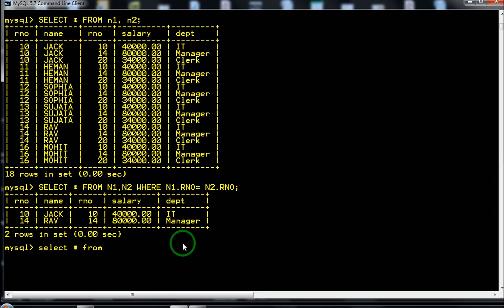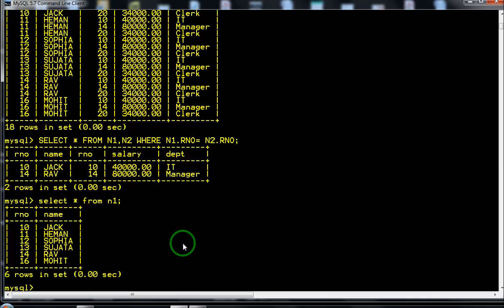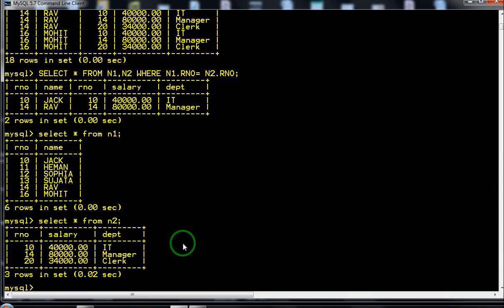Select star from n1, the first table, select star from n2, this was our second table. Now this was our equijoin. Now let's create a non-equijoin. In non-equijoin, we don't use equal to, we don't compare columns for equality. So we will skip this.